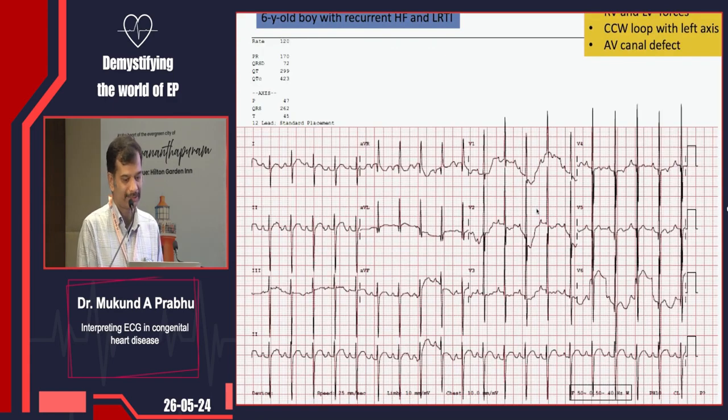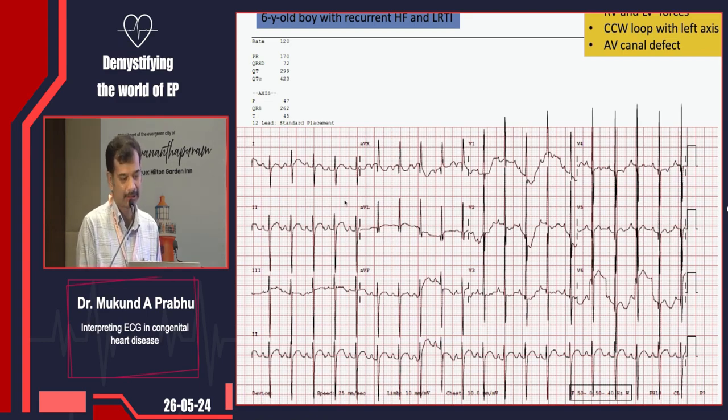You may also have VSD along with it, which is represented in this ECG, where you have RV as well as LV forces, the Katz-Wachtel phenomenon. But counterclockwise loop, though it's rightward axis, suggests it's an ostium primum or AV canal defect. And in AV canal defect, the LV size is determined by the VSD or the MR. And if we have pulmonary hypertension, axis can be towards the right, but still the loop remains counterclockwise, even when the